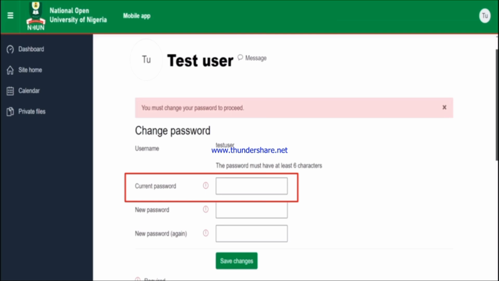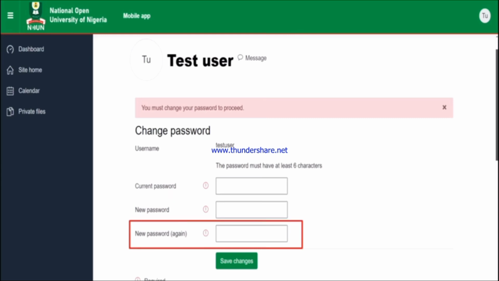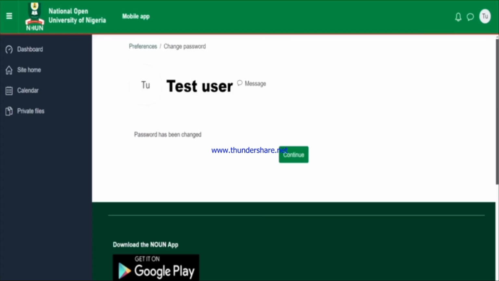Then you are expected to create a new password for yourself, a password you'll be able to remember easily. You put it there as new password. Then it says new password again, where you're also expected to put in that same new password you created, and then you click on save changes, which then takes you to this page where all you have to do is